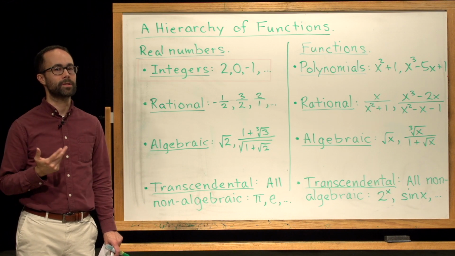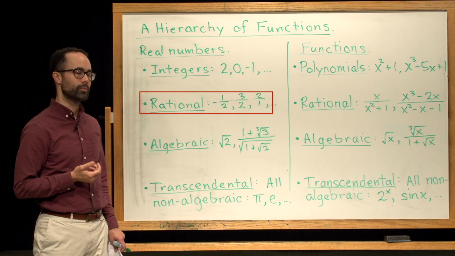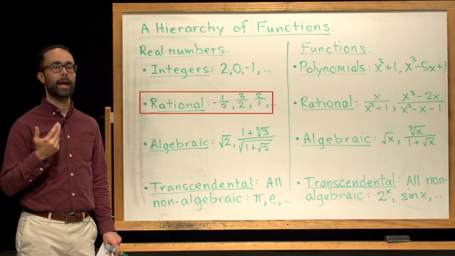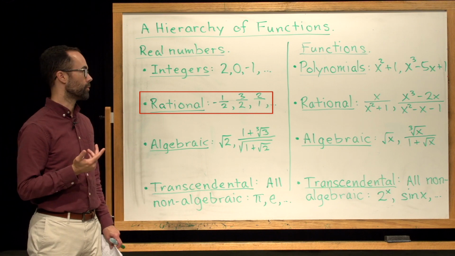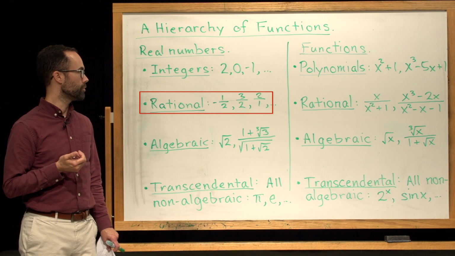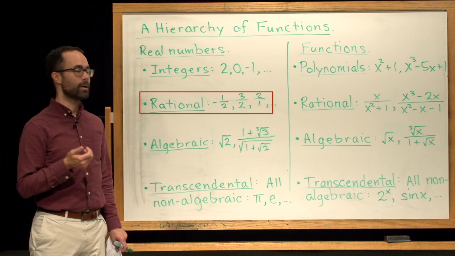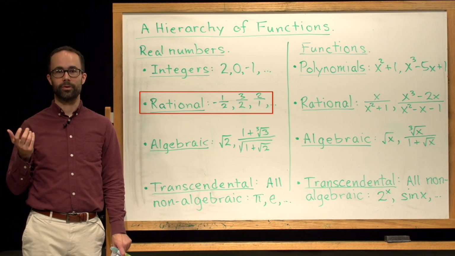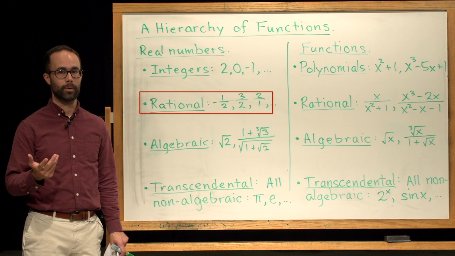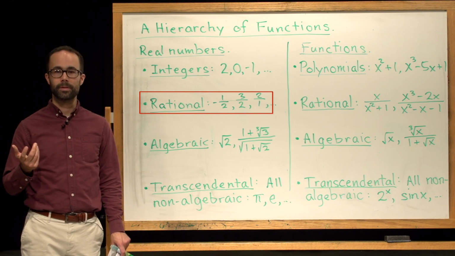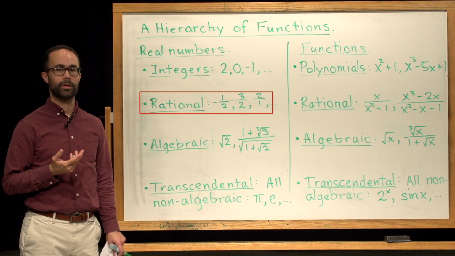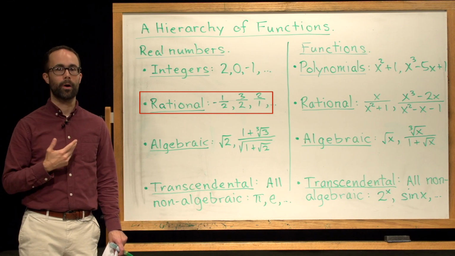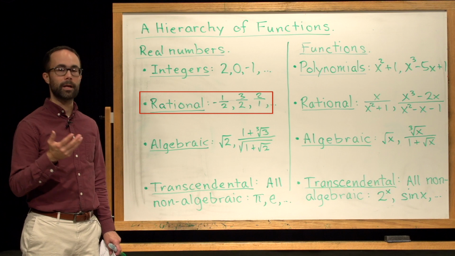We can move on to another type of real number, which would be rational numbers, sometimes called fractions. For fractions, we're looking at ratios of integers. So that might include -1/2, or 3/2, or even numbers like 2/1. And of course, that's just the number 2, which tells us that integers are all technically also rational numbers. And for those types of numbers, we can do four different arithmetic operations. We can add, or subtract, or multiply, or divide. If we do any of those four operations, as long as we don't divide by 0, we get new rational